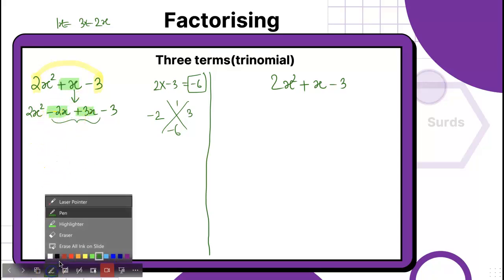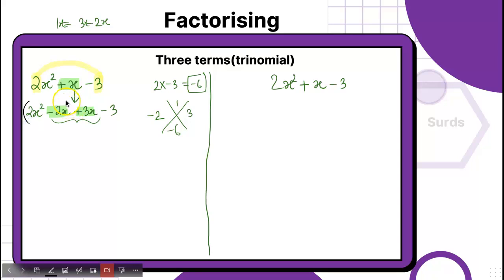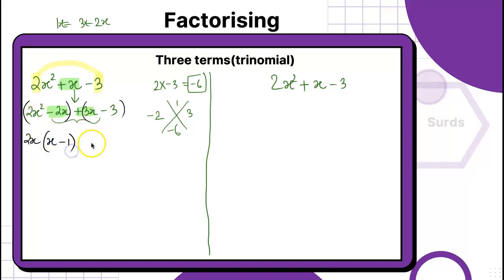Now what do we do? We just regroup them. So we can group these two together, and because it's positive, these two together. When it's negative, we need to be careful. What can you take common? 2x, it will be left with x minus 1, plus we can take 3 common here, x minus 1. Okay. So now we have x minus 1 common. We can write x minus 1 and 2x plus 3. This is the method we follow.